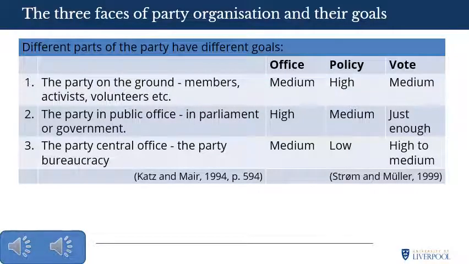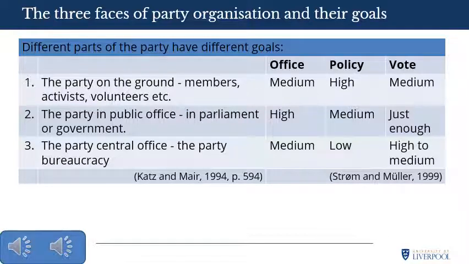So now we've got a definition, we can look at organisations and say this is a party, this is not a party, which is pretty cool, but it's not the end of the story. This definition of Pettit presents the political party as a unitary actor, rather than more accurately disaggregating the party down into a number of subunits, each of which have competing motivations and goals. So Key in the 1940s first articulated this, arguing that the term political party is applied without discrimination to many types of groups, which was bad, he thought.